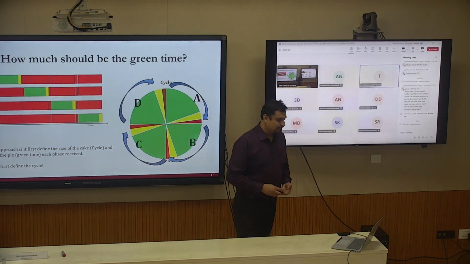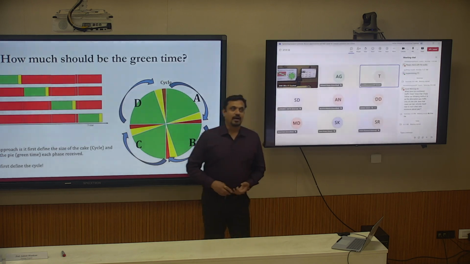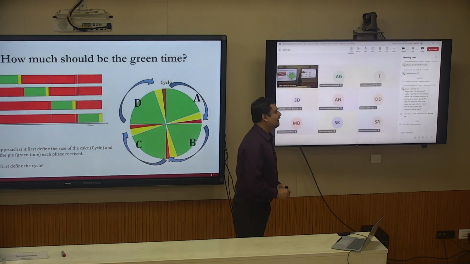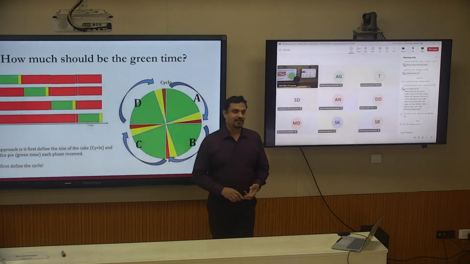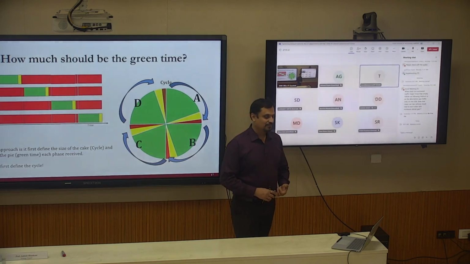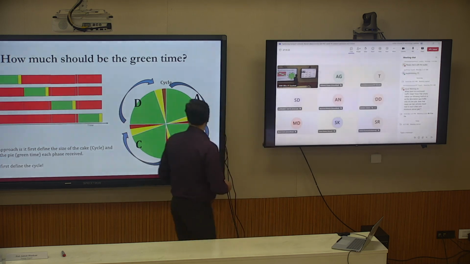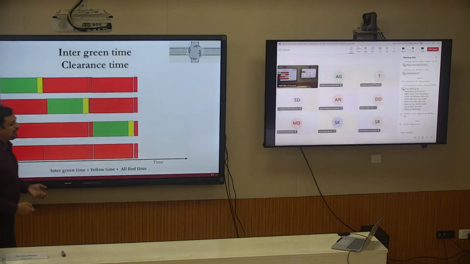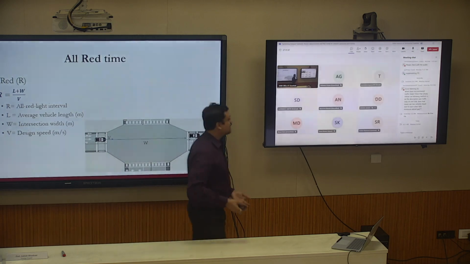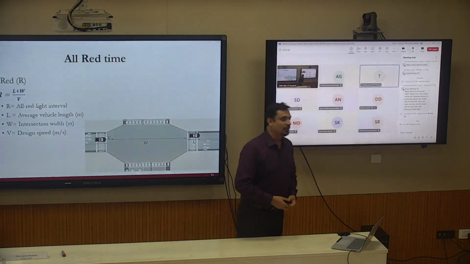It is not mandatory to go for all red every time after one approach. It depends on the jurisdiction. In Queensland, to my knowledge, it is mandatory. So it depends on how much risk that agency or jurisdiction is taking. How long will it be? It's based on the calculations that you have shown previously. In theory it is based on the width of the road and the length of the vehicle, but you can specify maybe 3 seconds or 4 seconds as the all red time,